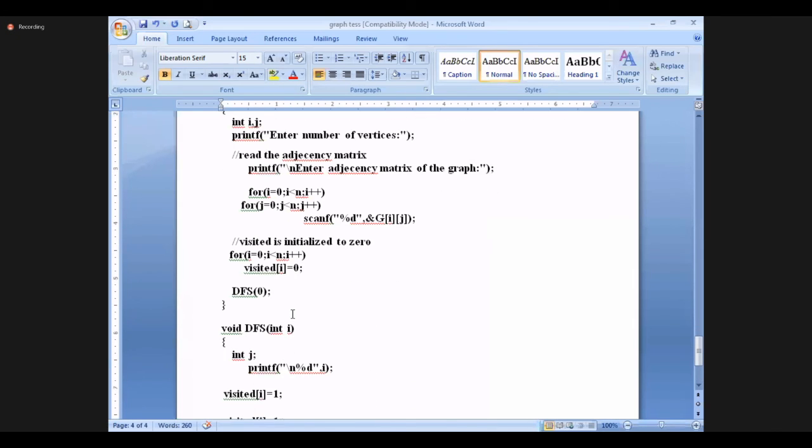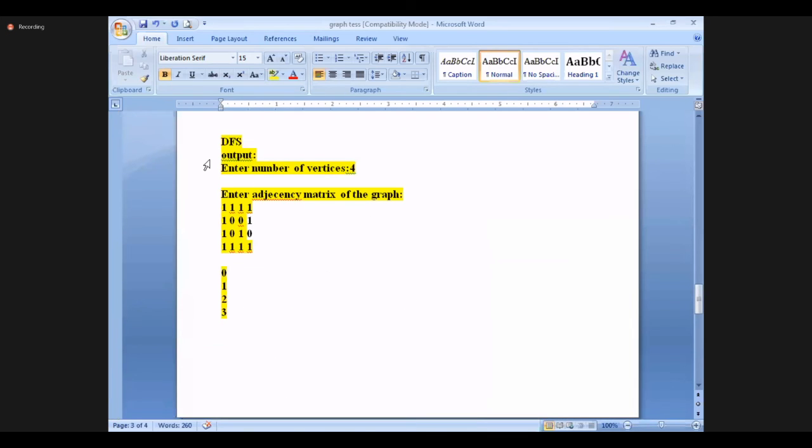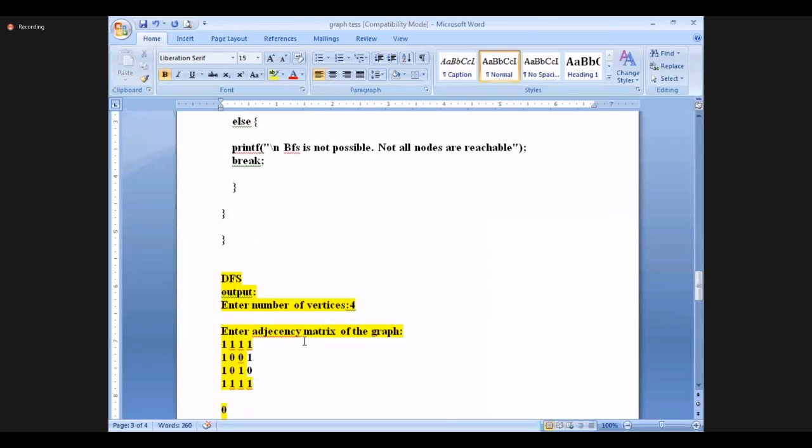Once you visit, that visited node will be printed and marked immediately. So we'll ask how many vertices, and we'll take the adjacency matrix, and then it will say 0 visited, 1 visited, 2 visited, 3 visited. Whatever you visited, that information will be given, and here you are parallelly printing and marking the visited node, because you are visiting from root to leaf node, left side first, and then we are moving to the right side. So this is the second program, where DFS will be.